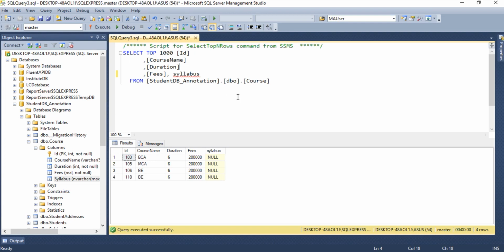So remember this thing, automated migration is definitely useful. You do not have to do anything, just initially you have to run the command, and after that, you have to make some changes in your configuration class and in your DB context class. That's it. But code-based migration gives you more control over migration. So in the next video we are going to see that. So thank you for watching.